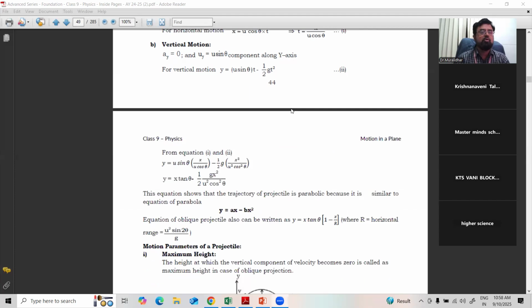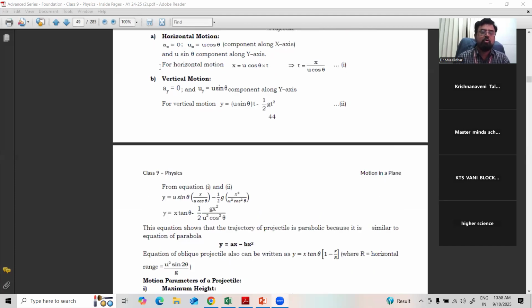Then when you move to the next, vertical motion, vertical means along the y-axis. Again, the acceleration is 0 and u is equal to u sin theta along the y-axis. For the vertical component, you know the formula. Vertically moving, s is equal to ut plus half at square. So what is s here? Y. Y is along the y-axis. U is nothing but u sin theta